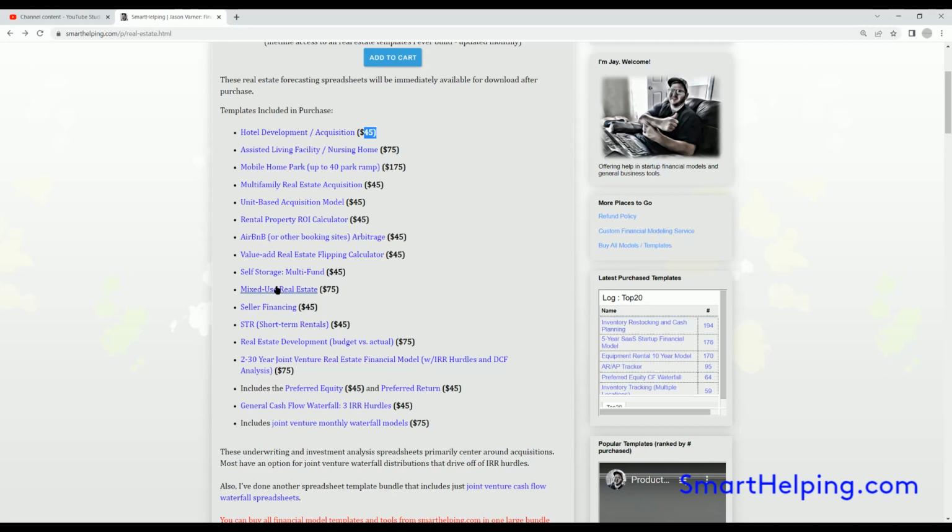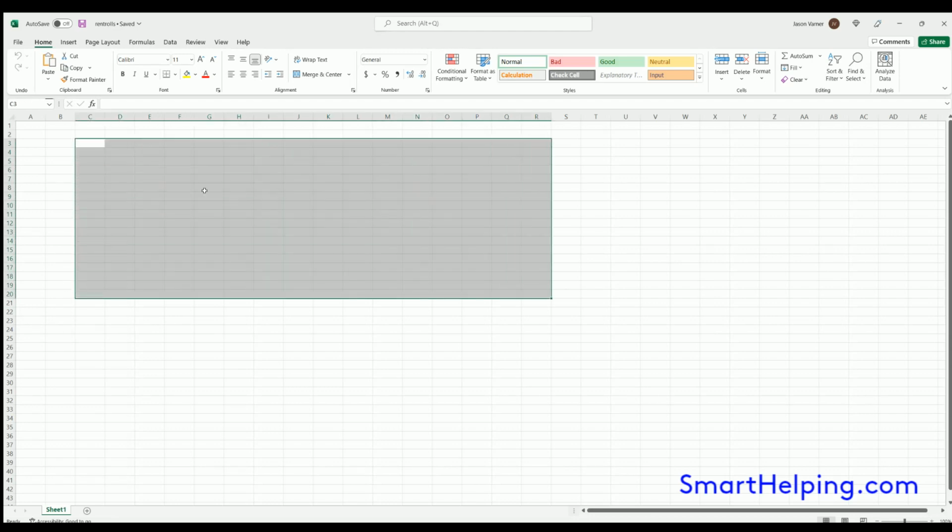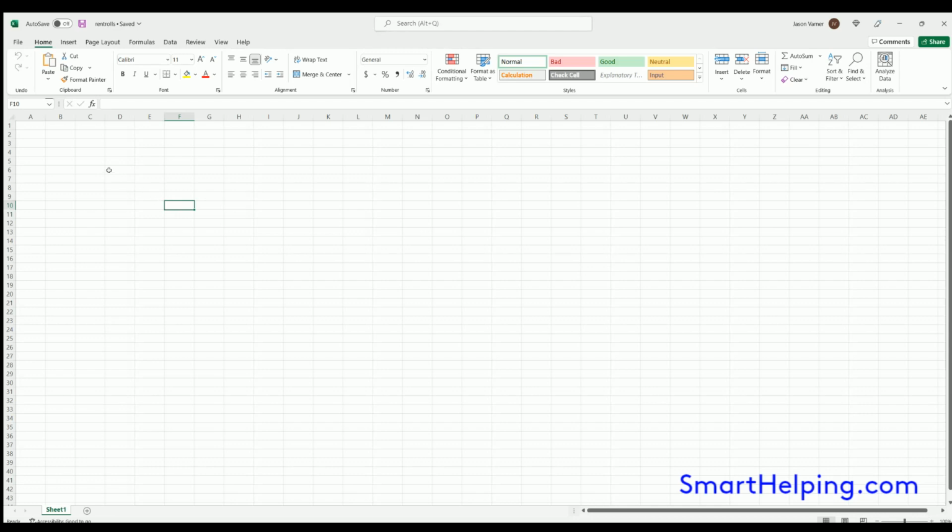But what I'm going to show you today, let's get into it, is a general rent roll. I'm going to try to make this for general use. It could be multifamily, it could be self-storage, mixed use, whatever. I'm just going to do a basic generic template. We'll do some best practice formatting, and I'll show you some tips on the best way to do it. So rent roll. First thing is the description of unit,